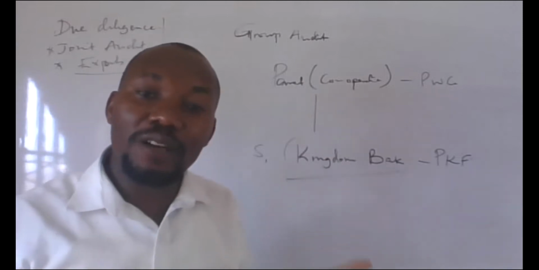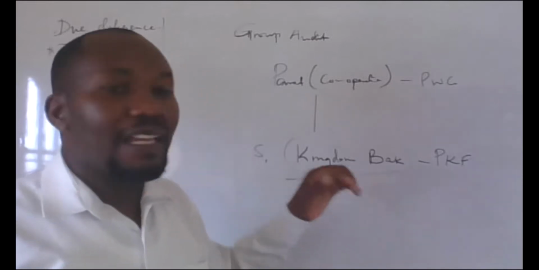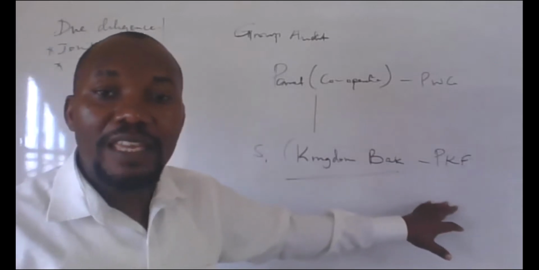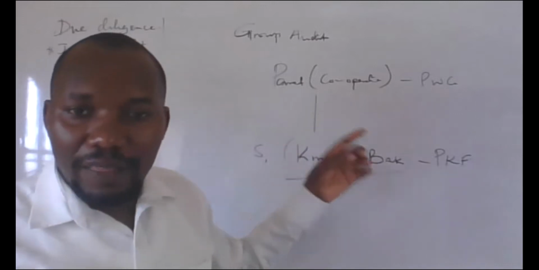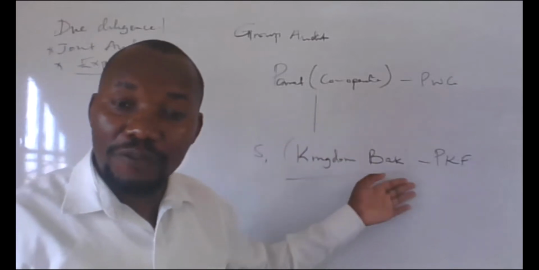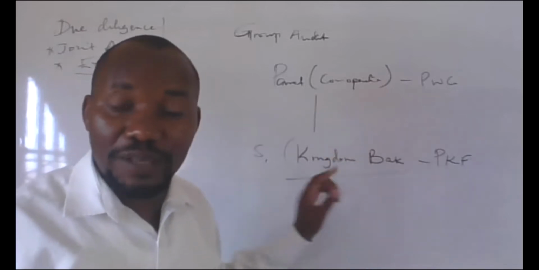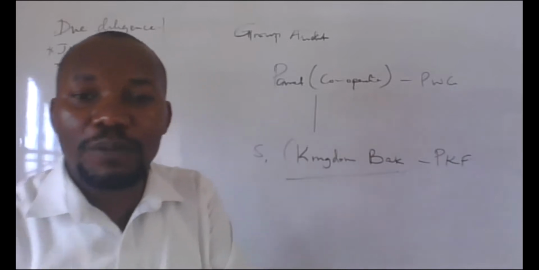So he can actually evaluate the risk level of the client. And then he can even know the audit procedures that should be followed. So when these guys have done the work, he can know that they were supposed to follow these procedures. At the end of the audit there is a meeting, which is called the closing meeting. He can also attend the closing meeting after the audit. He can send somebody to represent him.